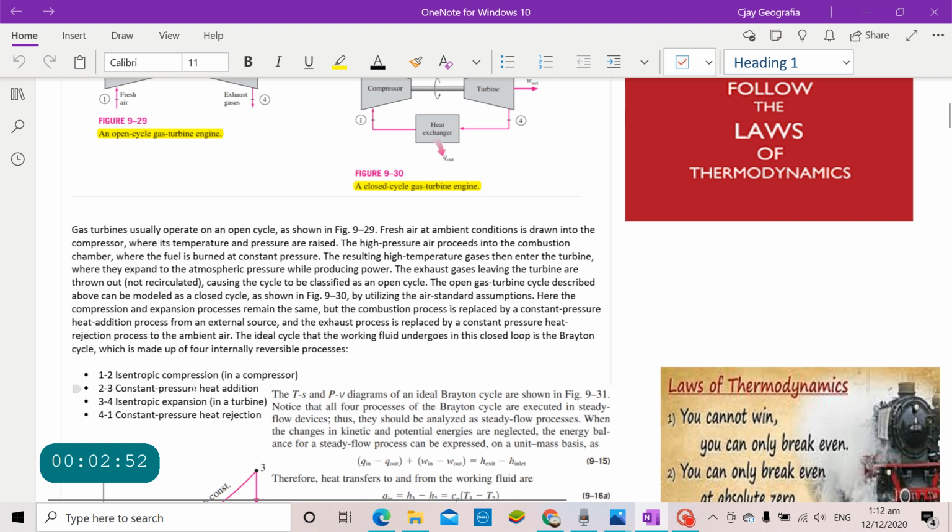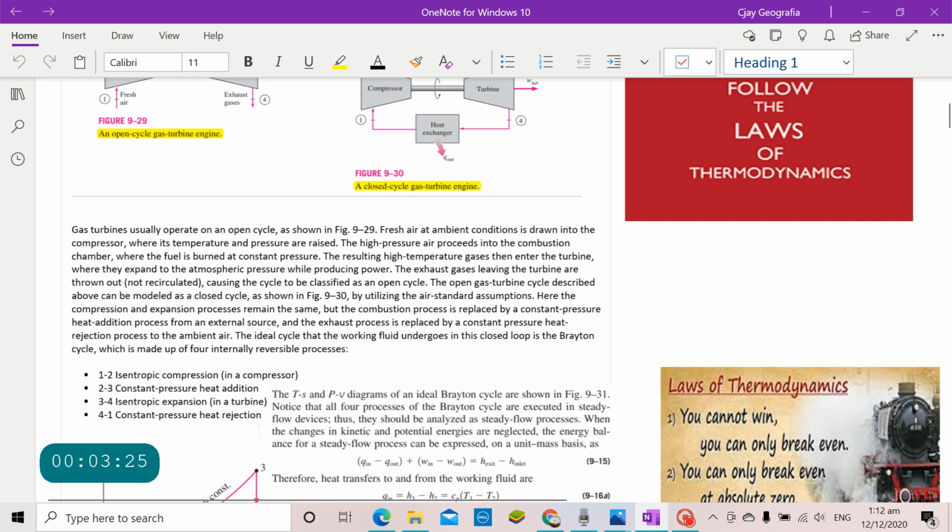It is the adiabatic, quasi-static or reversible compression in the inlet or compressor. 2 to 3 is constant pressure heat addition, also called constant pressure fuel combustion, idealized as constant pressure heat addition. Then isentropic expansion in a turbine, or adiabatic